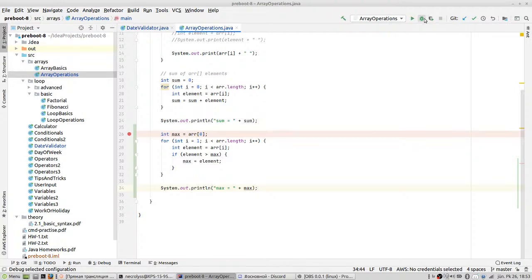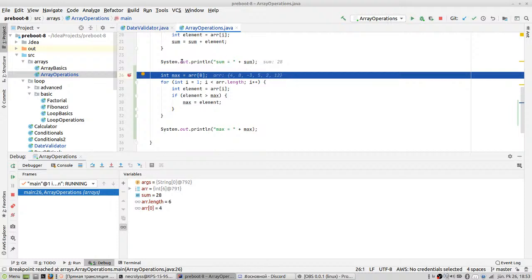Okay, let's debug this. So first we are creating variable max where we'll store our next candidate of maximum number. So we give it the initial value of the first array element. Why are we not assuming that it will be 0? We cannot use 0 here because there may be some elements